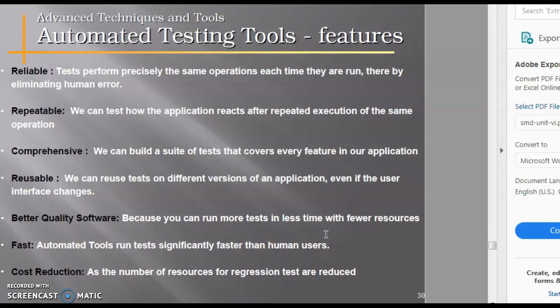Reusability: we can reuse tests on different versions of the application even if the user interface changes. Better quality software, because you can run more tests in less time with fewer resources. It is obviously fast. Automated testing tools run tests significantly faster than human users. Cost reduced, as the number of resources required for regression tests is reduced.